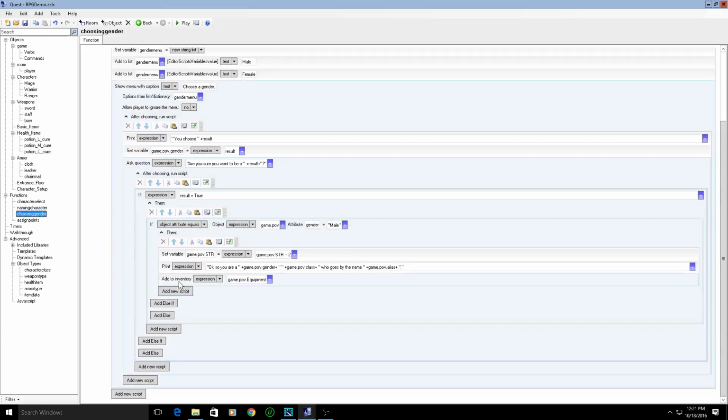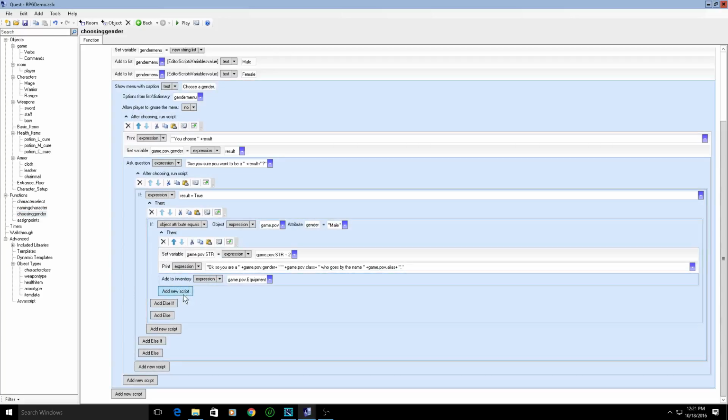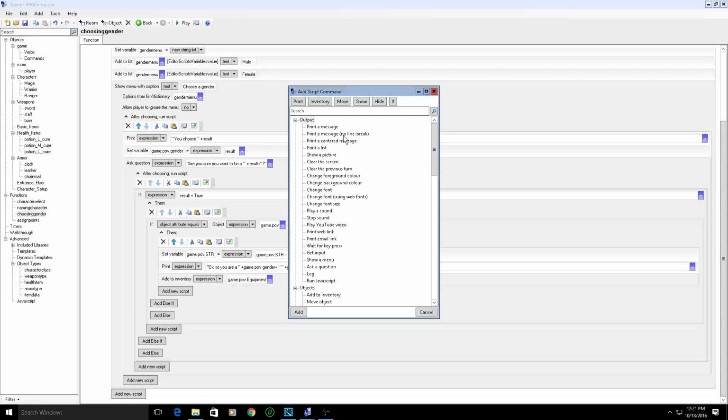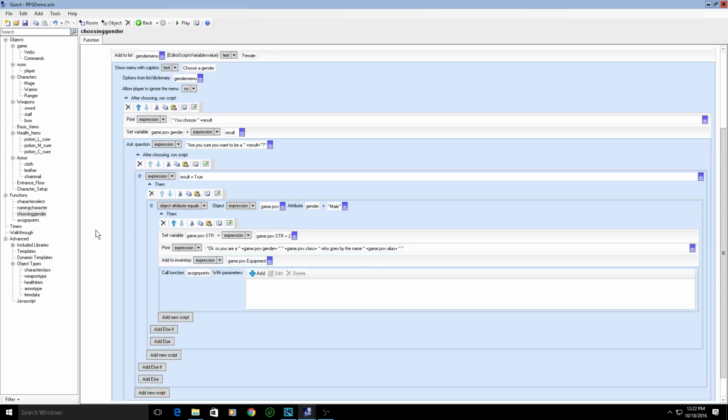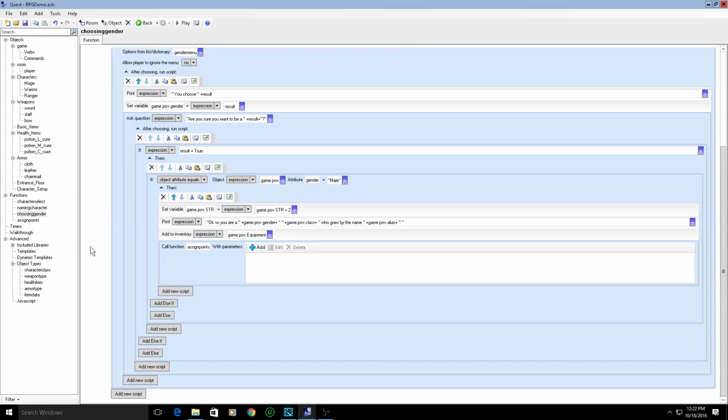Let's go right up under our add to inventory. Let's go to add a new object or add a new script. And what we're going to do is go down to scripts and we want to call function assign points. Assign points. There we go. And then it's going to call that function if it's true. All right. And then